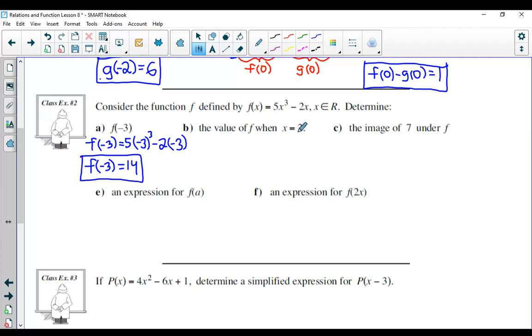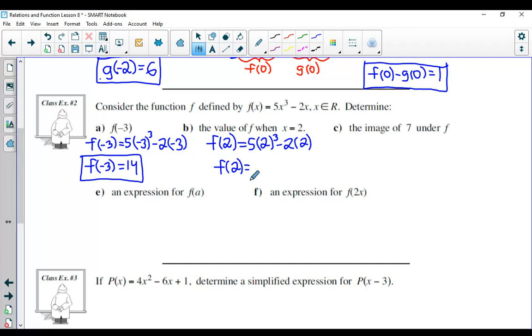The value of f when x equals 2. So what that wants me to do is figure out f of 2. That means the function when evaluated at x equals 2. So this time around we just replace x with positive 2. So it would be 5 times positive 2 cubed minus 2 times positive 2. And then f of 2 would be equal to, and if we plug that in, we would then get,